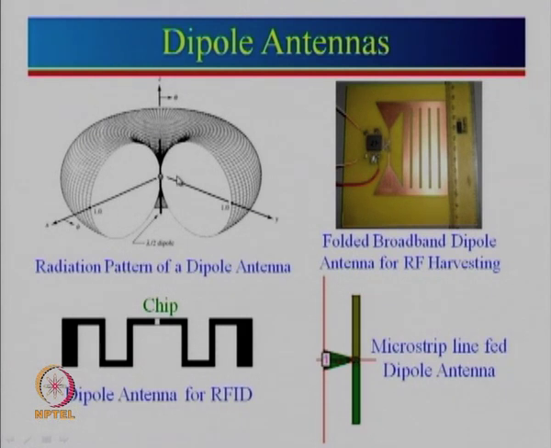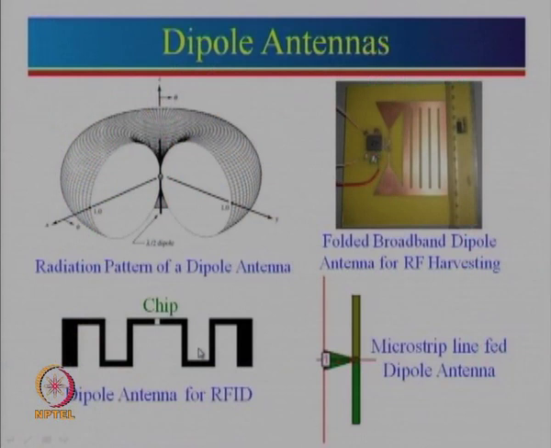Now, instead of using a plus minus feed, which is known as a balanced feed, here is an example where a coaxial feed is used. Coaxial feed is known as an unbalanced feed. Why? It has only a center pin and the outer periphery is grounded, whereas in the case of the dipole antenna it requires plus and minus. So, this plus is connected to this branch and the minus is connected to the other branch. So, this is known as a balanced feed, whereas the simple feed which we showed over here is a coaxial feed. In fact, the majority of generators will just give us a single feed, and then we need